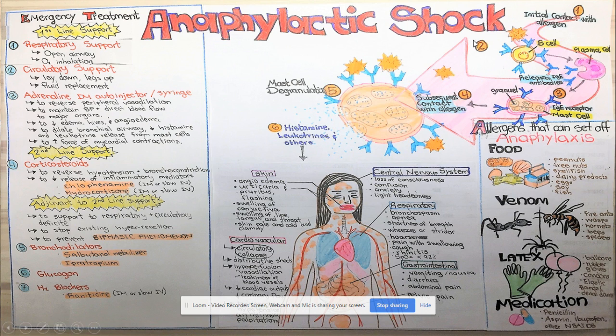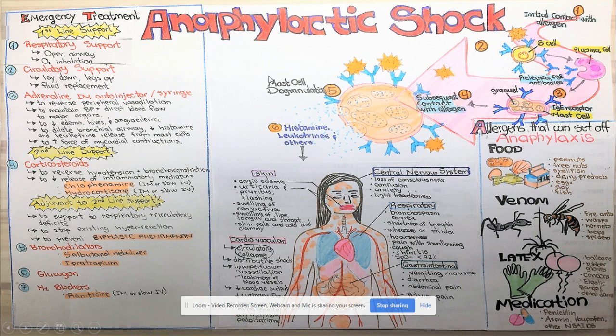Briefly, some pathophysiology behind anaphylactic shock. What occurs is an allergen will enter the body, and in response, B cells will produce large amounts of antibodies, specifically IgE, which then bind to the mast cells. Now, any subsequent contact with the same allergen will cause the mast cells with the new antibodies to bind to